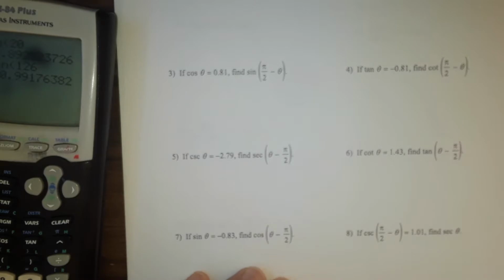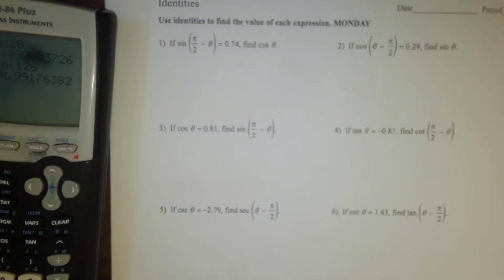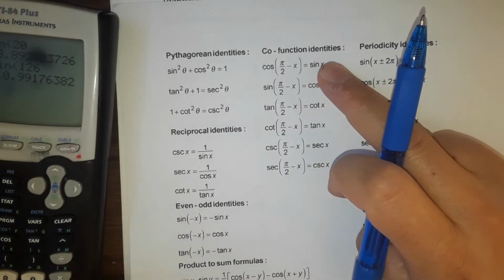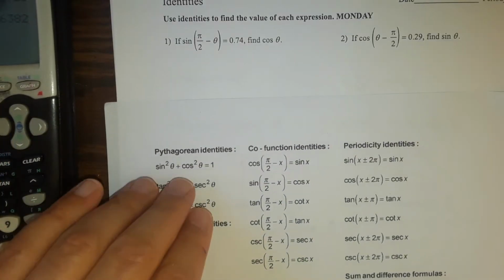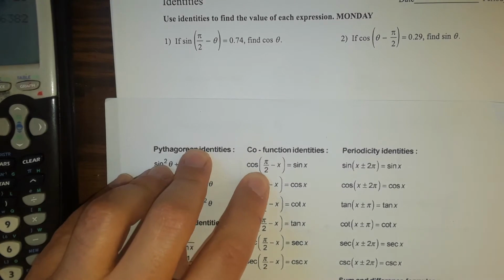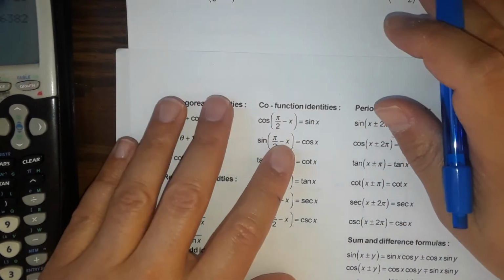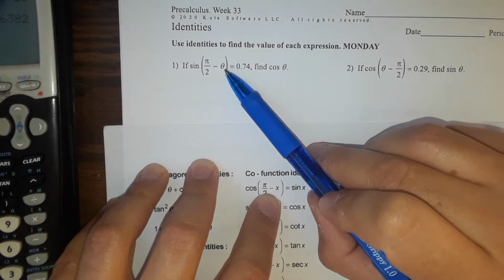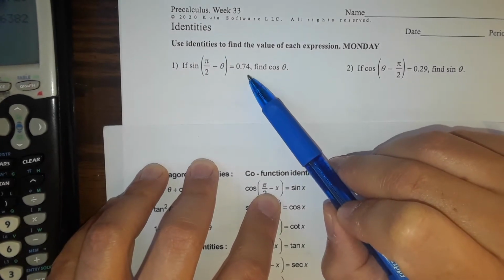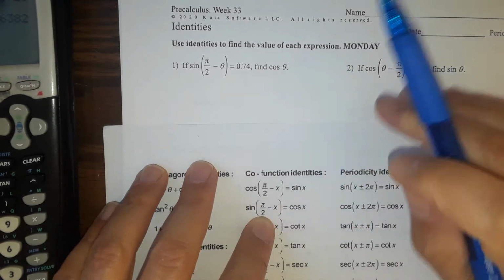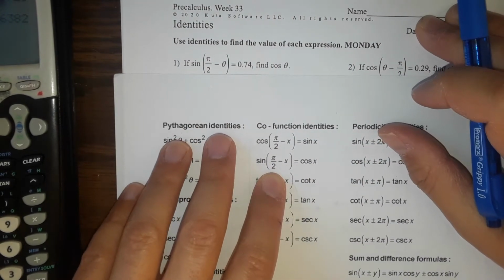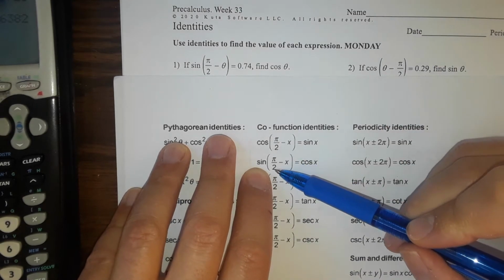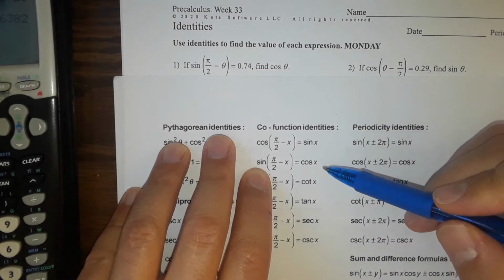The first one is straightforward. The first exercise of week 33 is really easy. It's using the co-function identities, and it's very straightforward, as we have sine of pi over 2 minus theta equals 0.74. Find cosine. So if we look here, the co-function identities, the sine of pi over 2 minus x equals